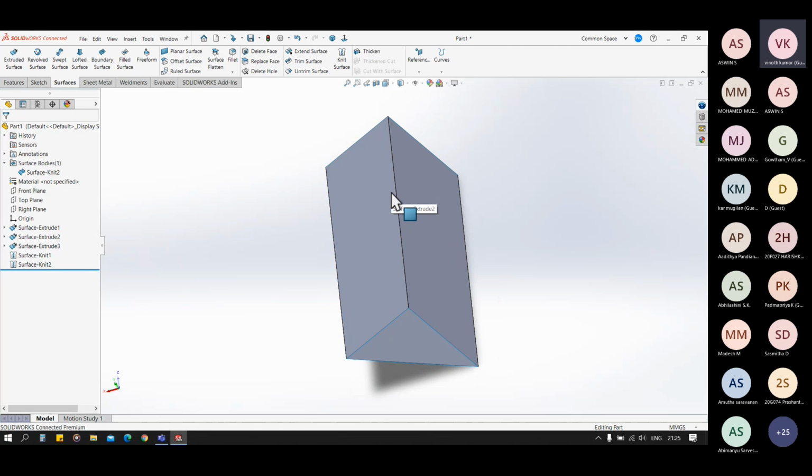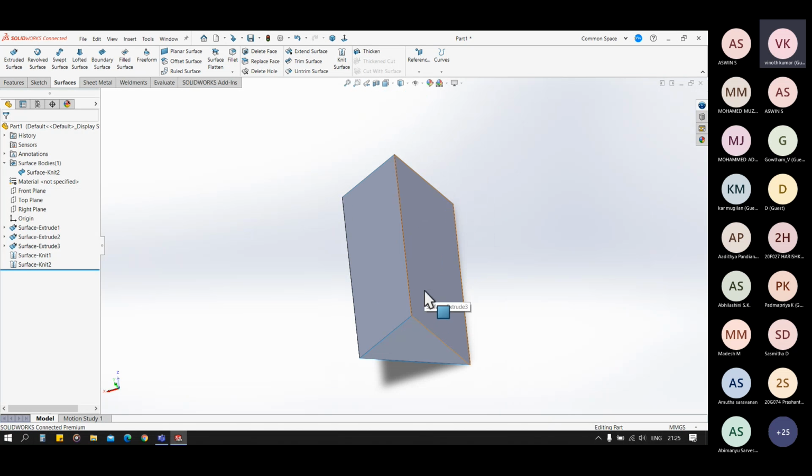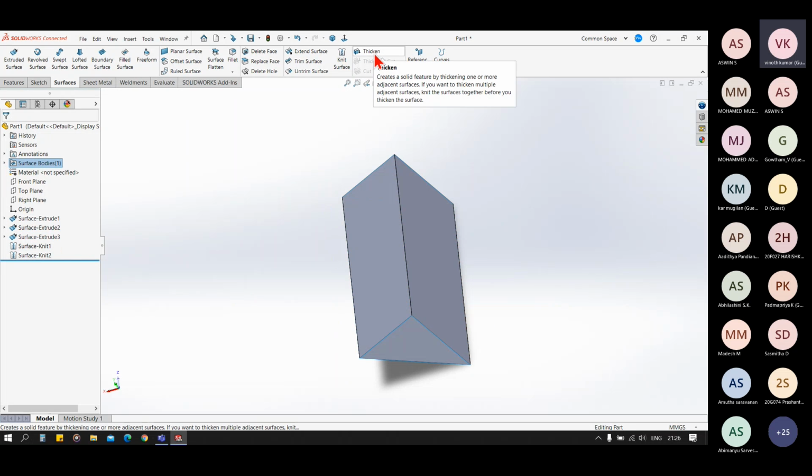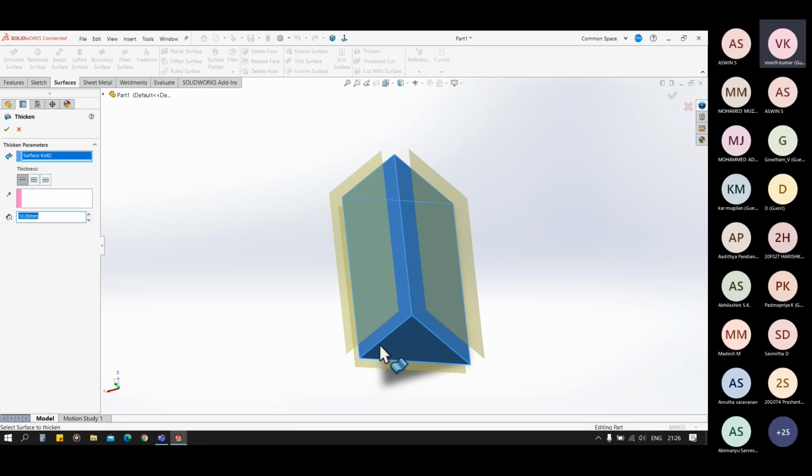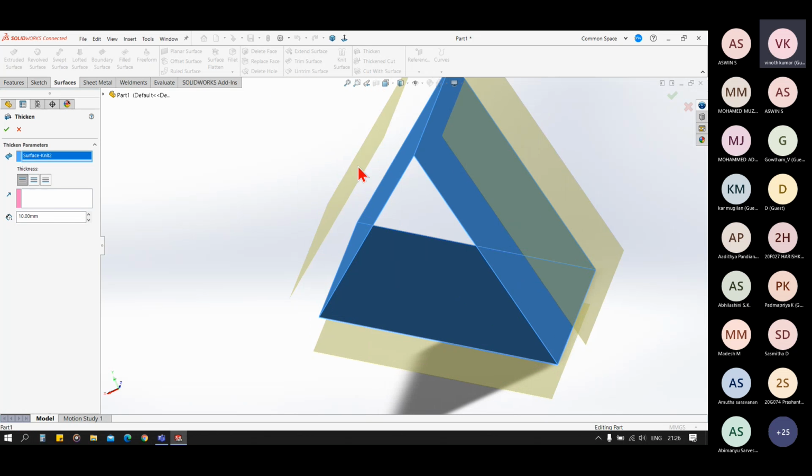So for our approach to hybrid modeling, we need our model in 3D. But as we know, a surface doesn't have any thickness. So for that, we have our thicken option here. When we click on thicken and select the surface, you can see the thickness option here.